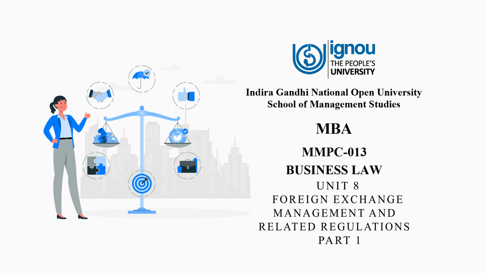Number 2, make any payment to or for the credit of any person resident outside India in any manner. Number 3, receive otherwise through an authorized person any payment by order or on behalf of any person resident outside India in any manner. And number 4,